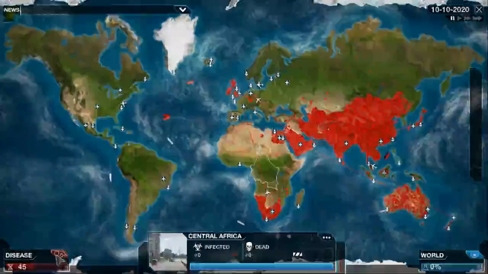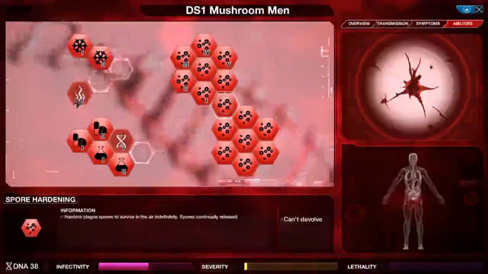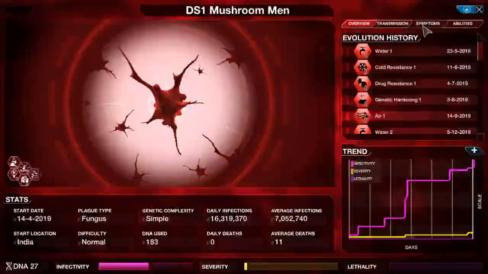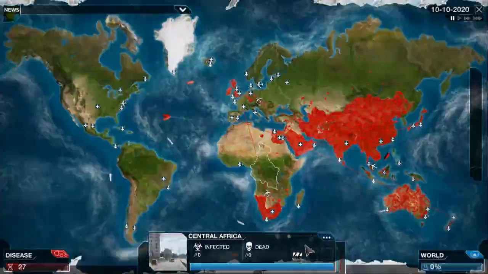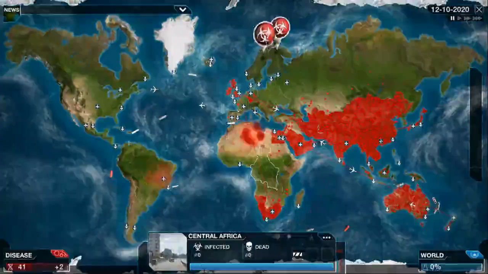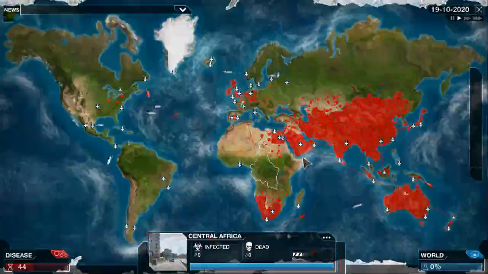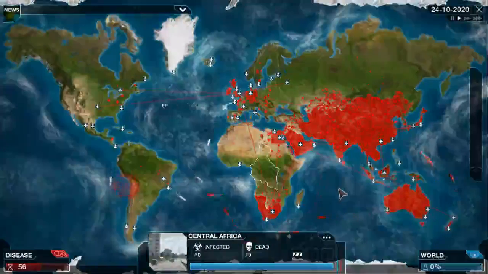Now I've earned 45 points from that. This is almost an exploit. Yeah, what the hell? Buy heat resistance. That ought to be good. Let's just sit back and watch and bank up our points for now. God, so many infections. Need to bank up these points so we can buy a bunch of